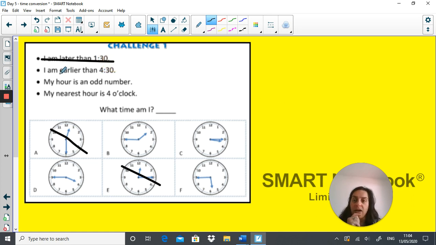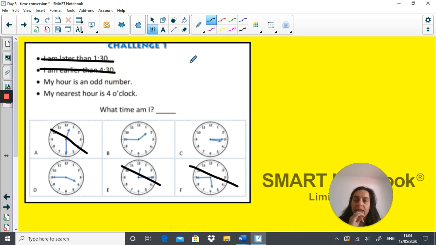Let's look at the second clue. I am earlier than 4:30. But let's look at our remaining clocks now to see if they fit in. This 2:45 is earlier than 4:30. 3:15 is also earlier than 4:30. 4:45 is also earlier than 4:30. It could be that. 5:45 is later than 4:30, so it can't be this clock. I can get rid of this clue because I've used it,